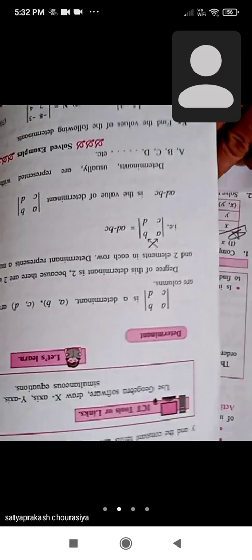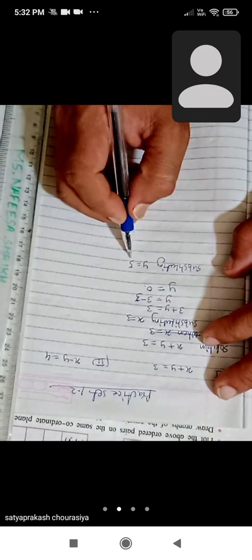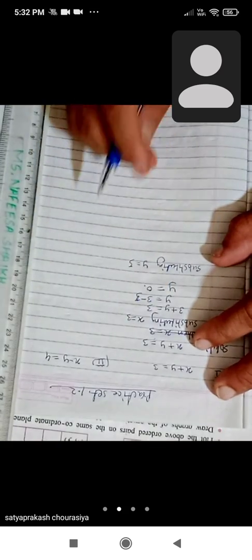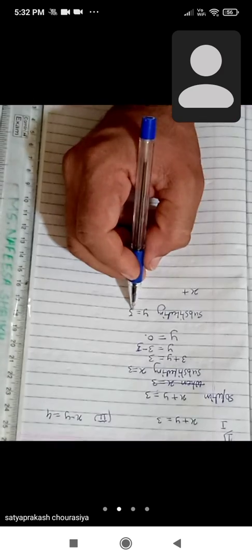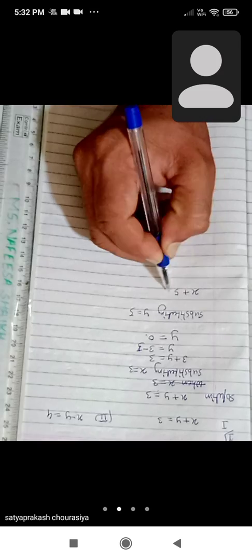Okay, now here the condition is already given. Now the second y value is given here, so we will substitute the y value, because the y value is already given here. Substituting y is equal to 5, because 5 is given over here. Okay, now substitute the value of y in the given equation, x plus y. In place of y we will write 5 because the y value is given.